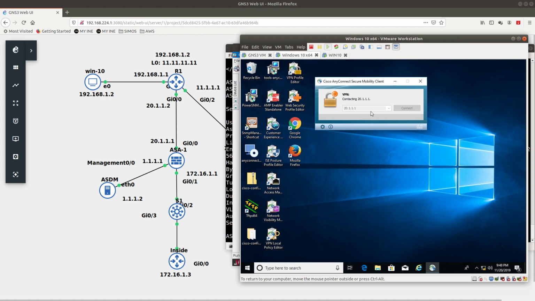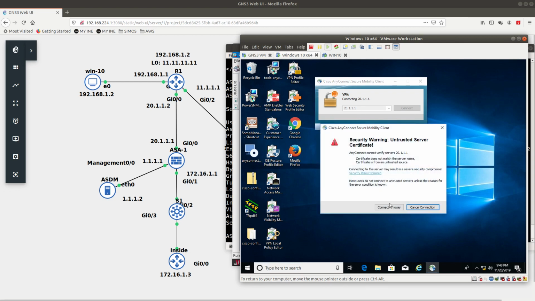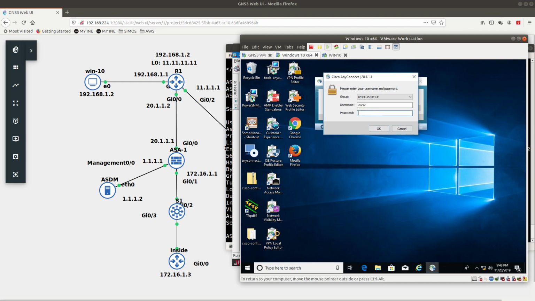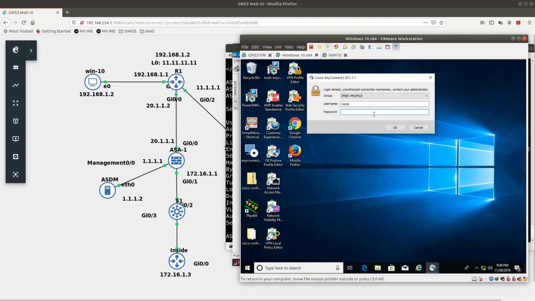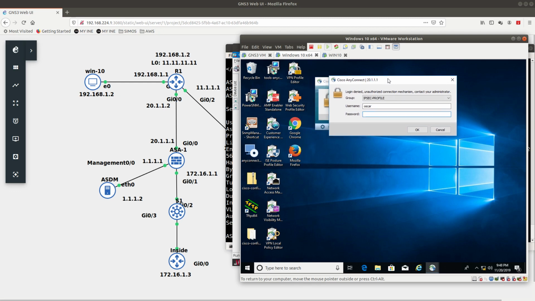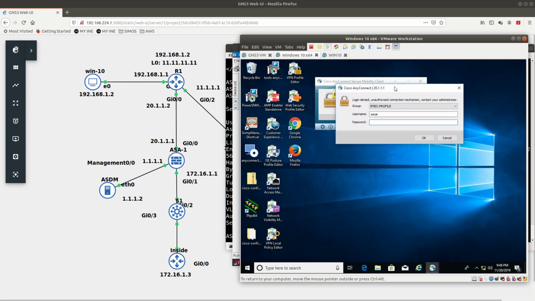Connect to it again. Connect anyway. Cisco. So now it is not letting me connect. So it looks like it's only letting me connect into SSL, and since I disabled SSL, it's not letting me